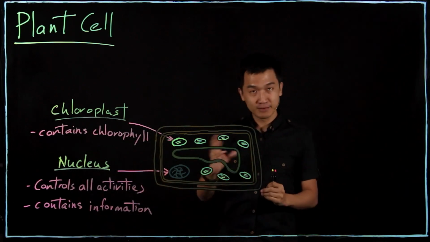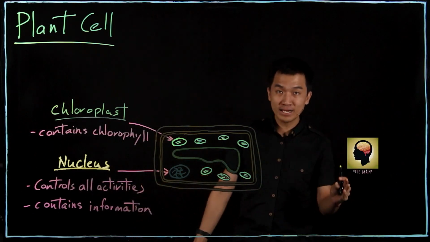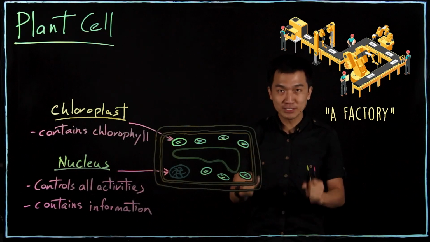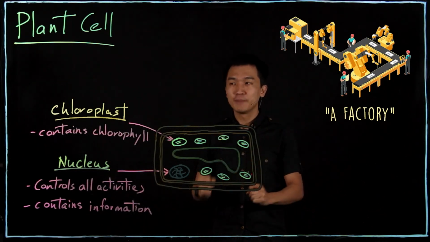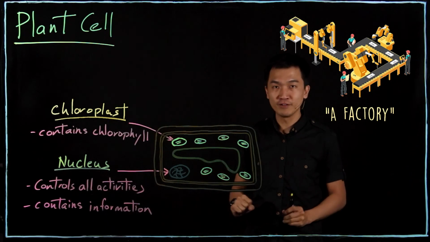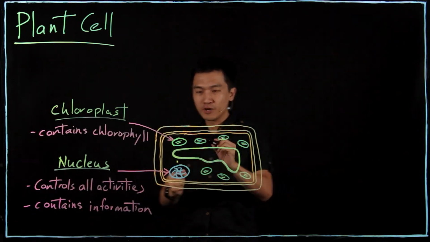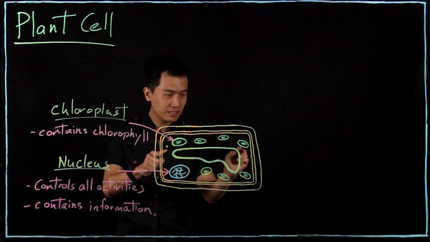So we say that the nucleus is like the brain, then we can call the chloroplast like the factory, because it is responsible for producing food, because it contains the green pigment called chlorophyll. All right? Now, we're going to cover the next one, and we're going to focus on what looks like empty space,